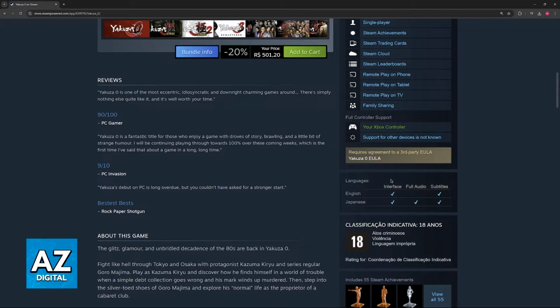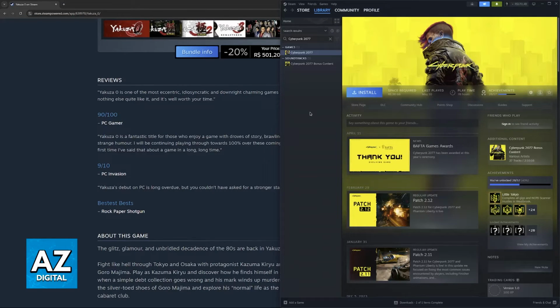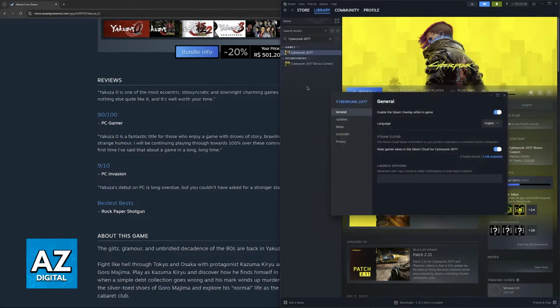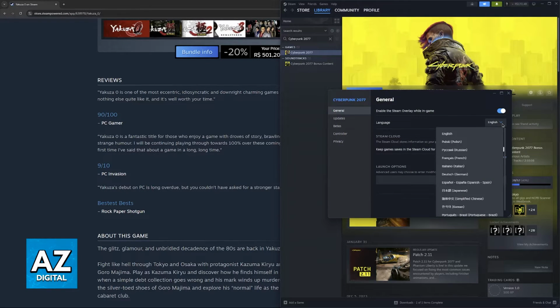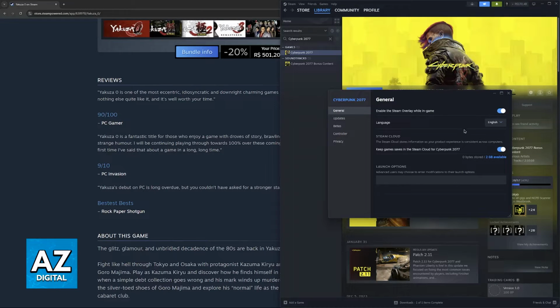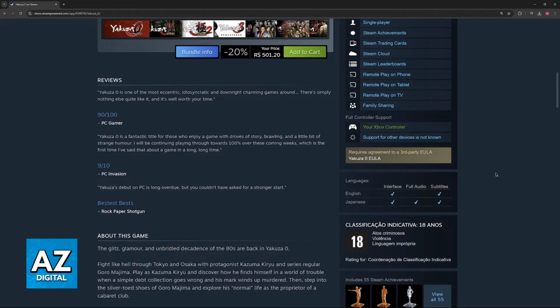So, if you are playing through Steam on PC, all that you have to do is open the Steam launcher, find Yakuza 0, and you will notice that I am doing this example with Cyberpunk. At the moment, I don't own Yakuza 0 on this account, I apologize, but once you do find Yakuza 0 on your account, right-click it, go over to Properties, and under Language, you will be able to switch it between English or Japanese. You might have to download some additional files, but once this is done, the interface and the subtitles will have changed accordingly. So through Steam, it is very convenient.